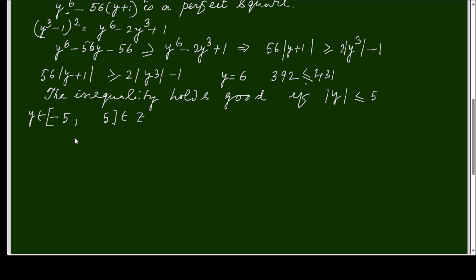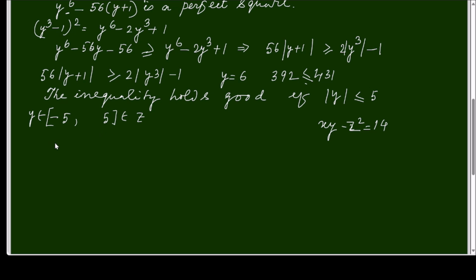That means starting from minus 5, minus 4, minus 3, minus 2, minus 1, 0 will not be a value, because at that time we will get y = 0, z = 0, and the equation that is given, xy minus z square equals 14, does not satisfy. So we cannot take 0, but it will be minus 5, minus 4, minus 3, minus 2, minus 1, 1, 2, 3, 4, 5.